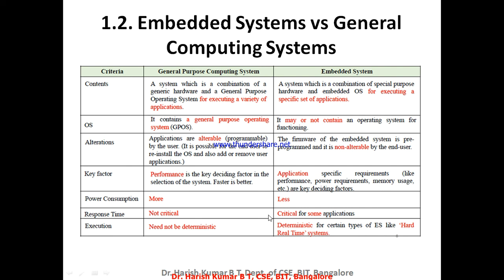Now, execution need not be deterministic in general computing systems. But it must be deterministic for certain types of embedded systems, like hard real-time systems. That means when a task is getting executed in an embedded system, it must complete its execution on time. In other cases, if it doesn't complete within the predetermined time, there is no damage caused. But here there will be a lot of damage caused if the embedded system is not deterministic. Now, if it doesn't perform